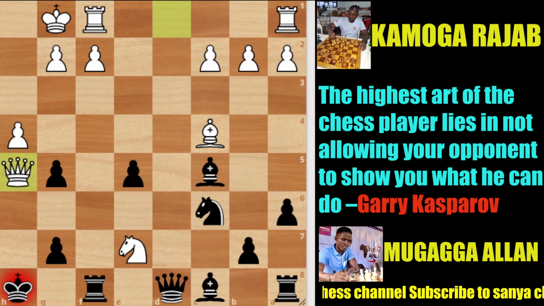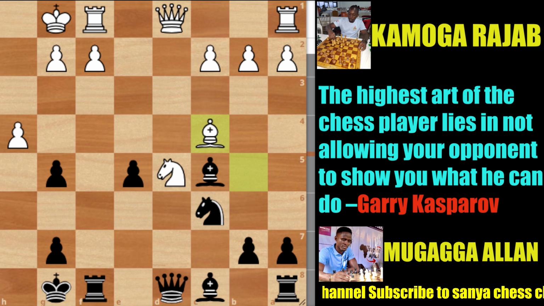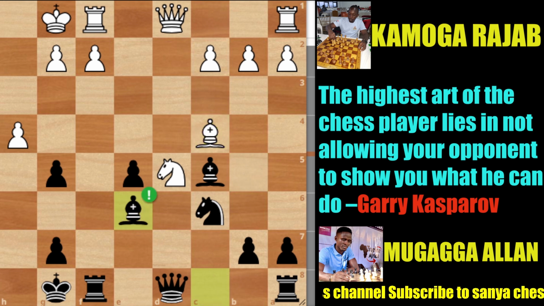But however, after bishop c4, Allan played a more stunning move which shocked Kamoga Rajab. Allan played bishop e6. Now the bishop e6 stops the discovered double checks from both pieces.